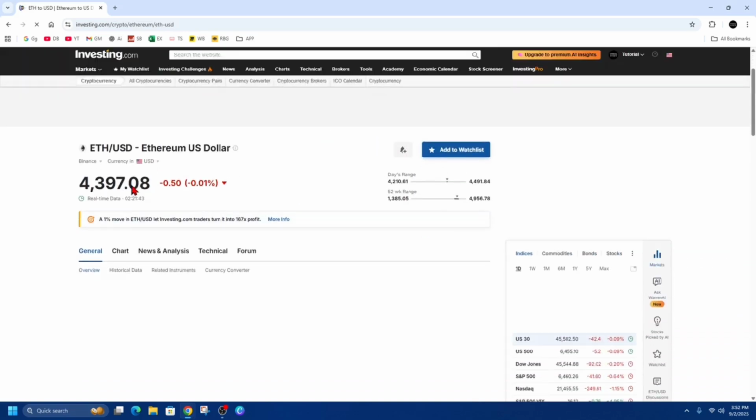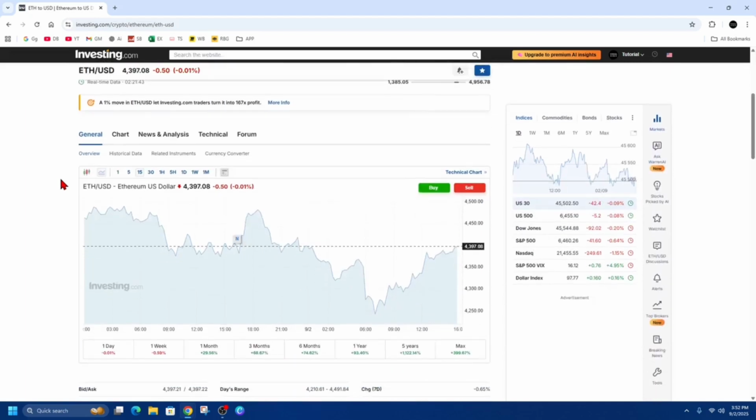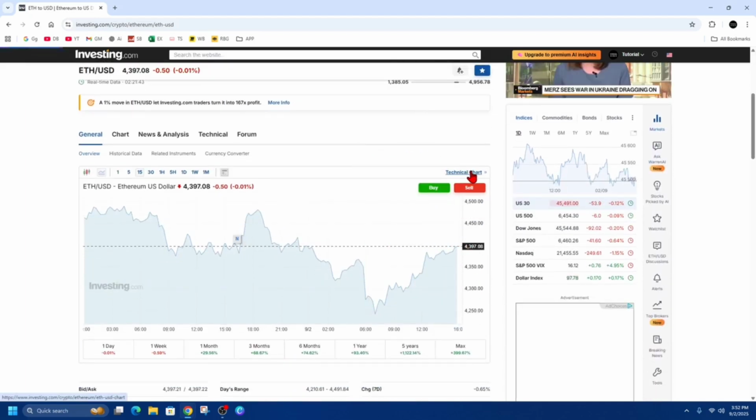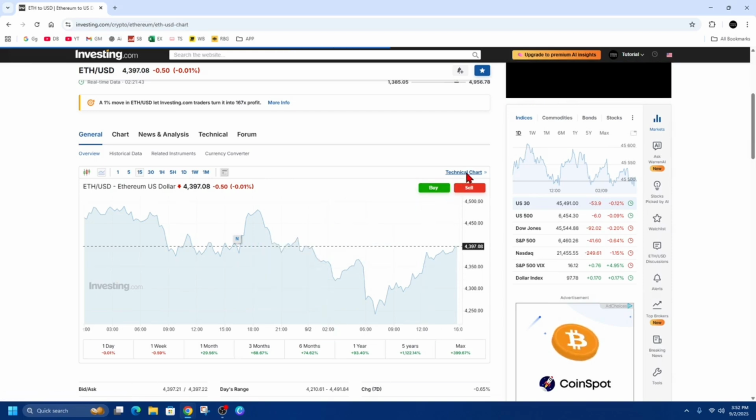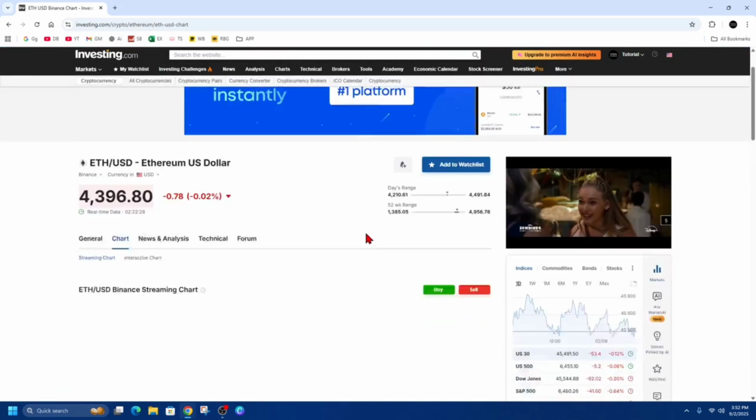We can expand this chart. So if I scroll down, we can expand this and make this bigger. So to do that, I'm going to go ahead and click on the technical chart on the top right hand corner. Now if I scroll down,